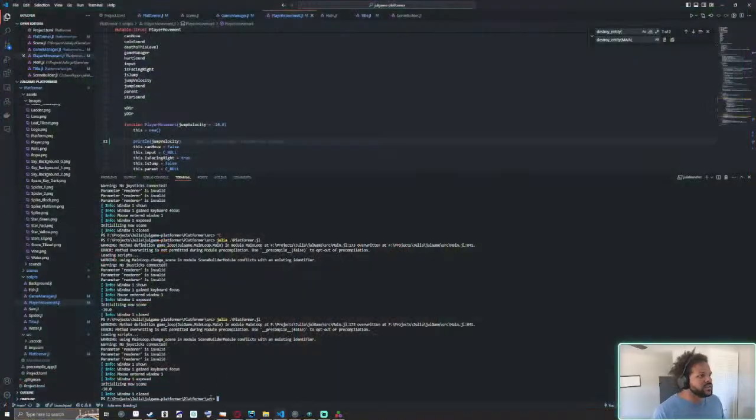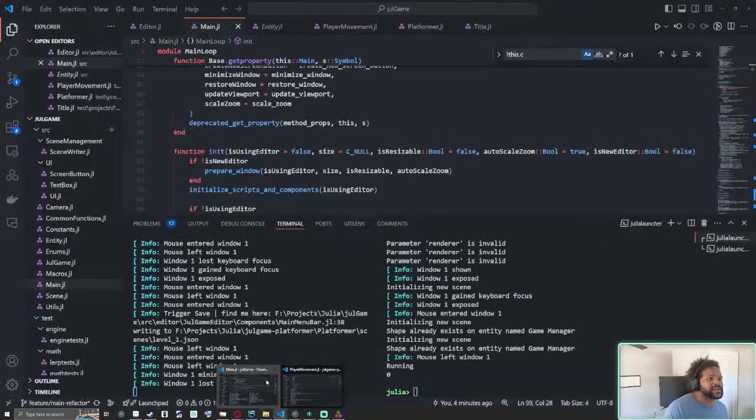Yeah, it's negative 10. So when we initialize this, we're not passing that in. Why? Let's go back to the engine